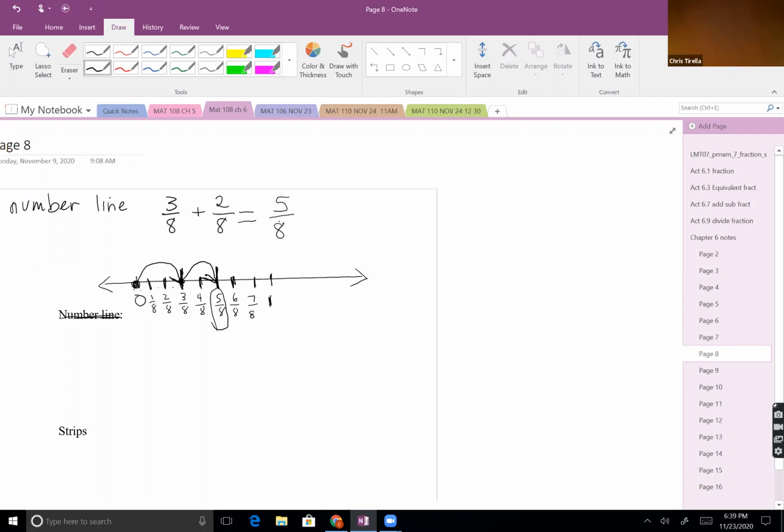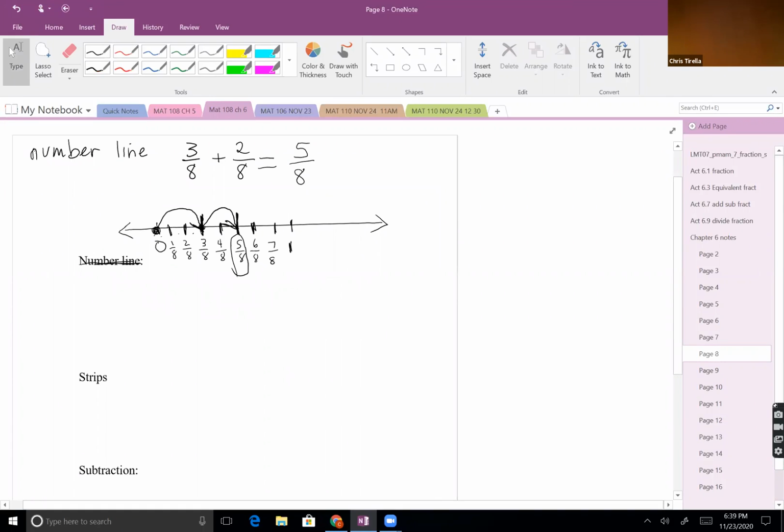And then we could also show addition with those fraction strips. With the fraction strips, I'm going to go out on a limb and try adding fractions with different denominators. So if I wanted to take 1/4 plus 1/3,